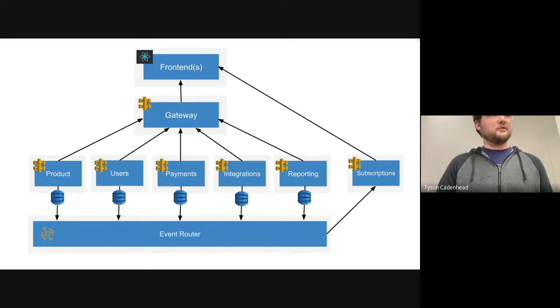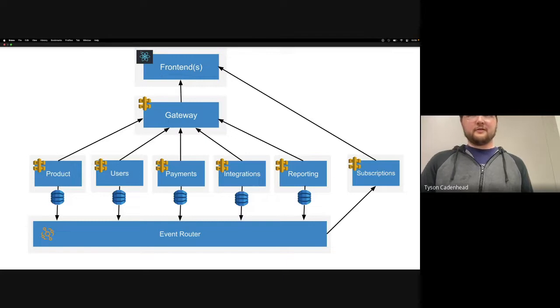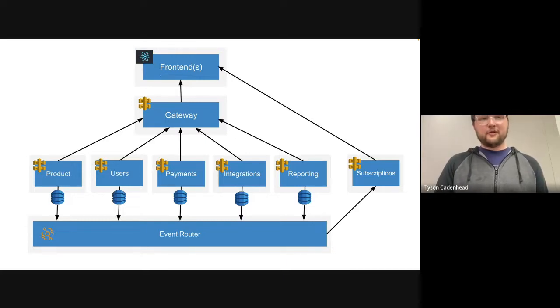Another way we could do this, if you're on the serverless side, like I tend to be, is you use React on the front end. Then all these different services are basically just API gateways with Lambdas. And then DynamoDB, if you're into the NoSQL stuff. DynamoDB is kind of nice because they have event streams. As events are coming in, you can actually publish them out. So you can just publish the events that come into your database onto the event router.